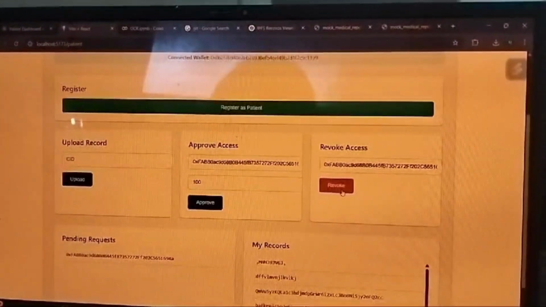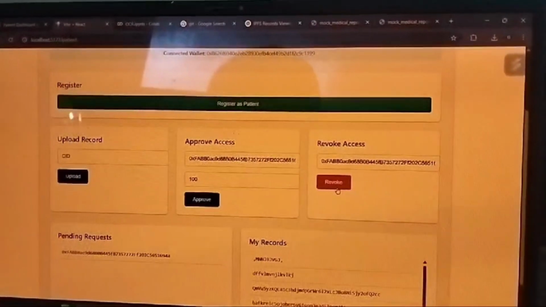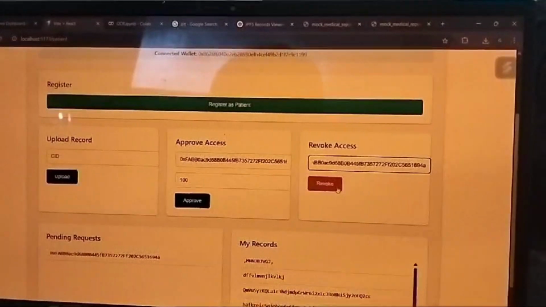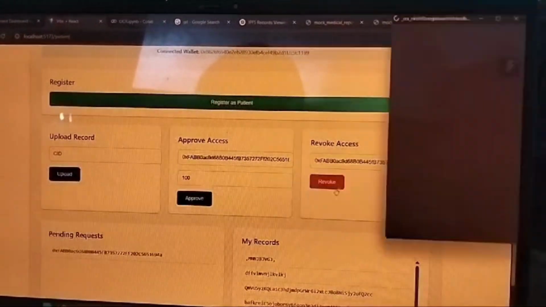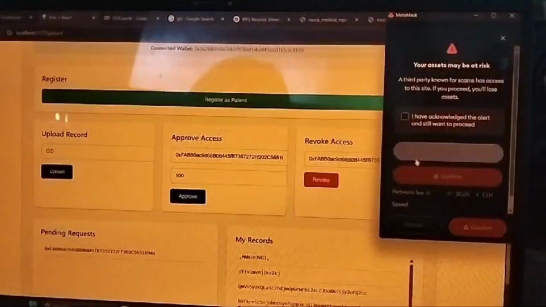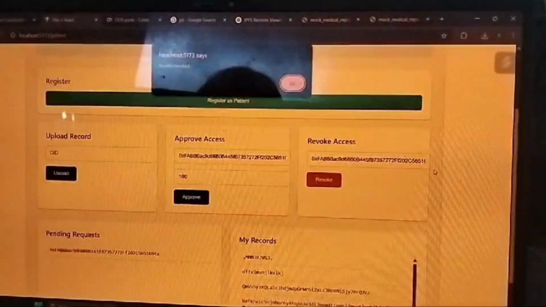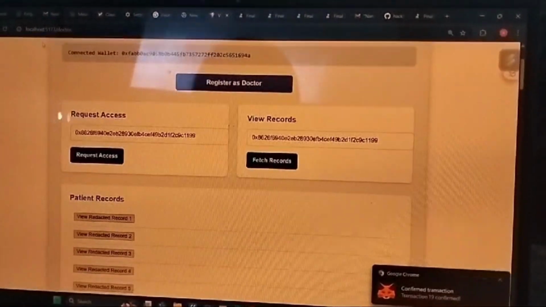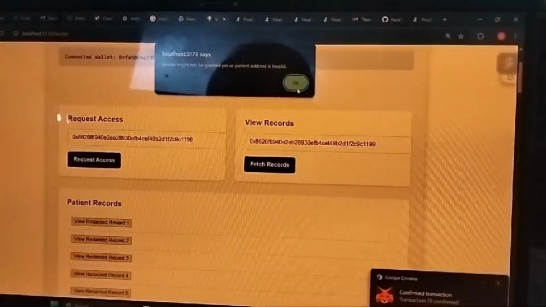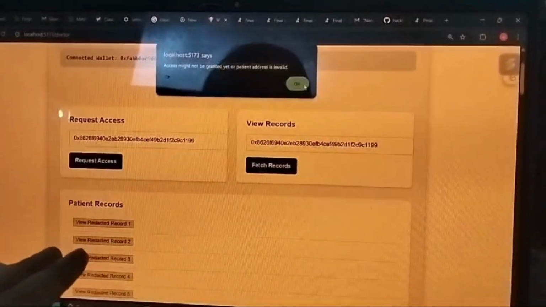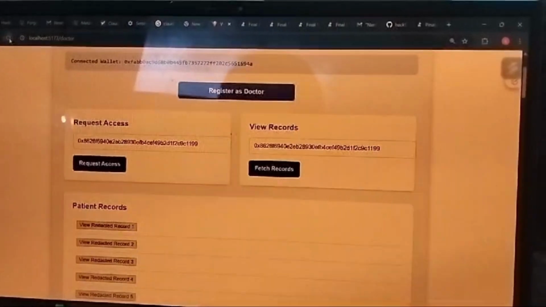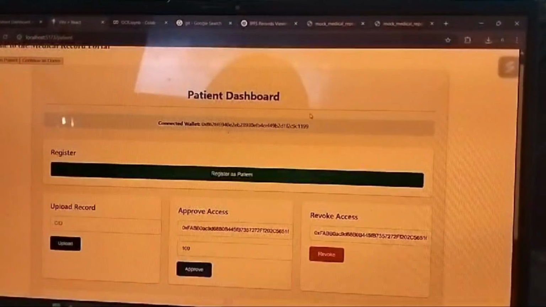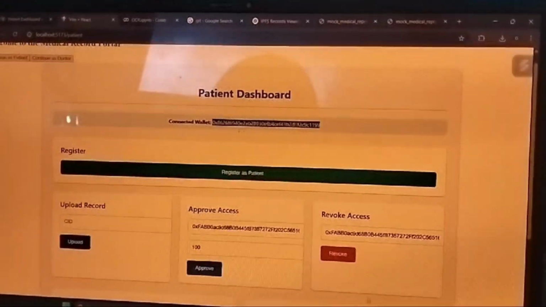The patient has a provision of revoking it before time as well. So here I have fed the doctor's ID who is currently accessing it, so we'll just revoke it. So he'll do this prompt, and once he has done this prompt in the blockchain, his access is revoked. So now we'll check out from the doctor's interface, and now if the doctor tries to fetch, he will not be given access because of the revoke that's happening, and because he has a prompt of 100 seconds, there is no more. So now again, if I enter the same patient's ID from here, just to check whether the doctor can still access it,